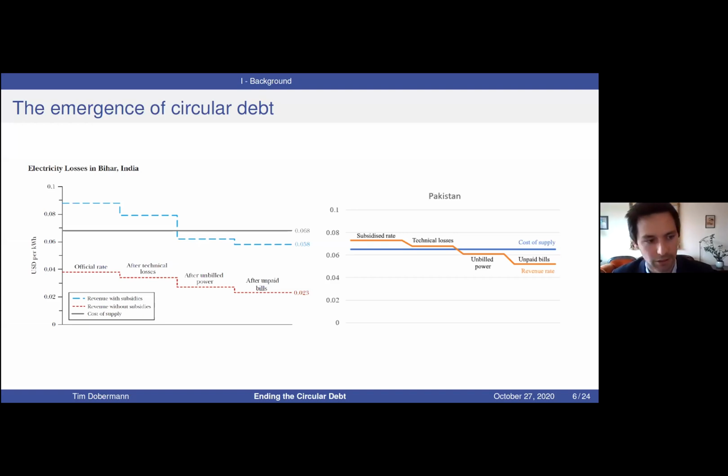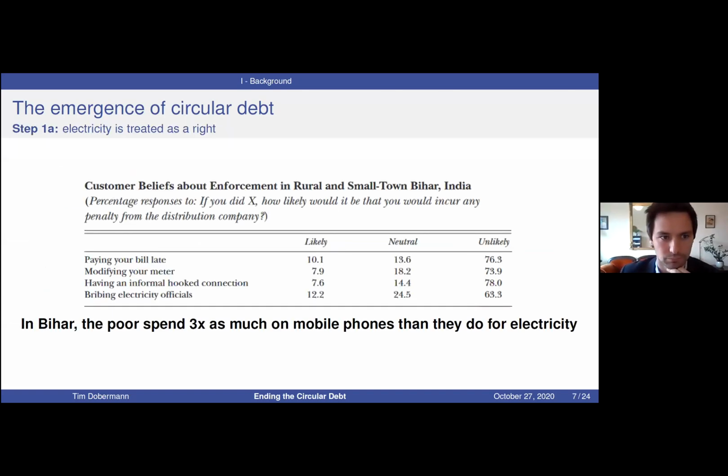In Pakistan, of course, there's a lot of issues around, historically, the ability for distribution companies to get subsidies paid on time, for instance. But I'm trying to really focus on the pure mechanics of this. And so we can develop an argument in four steps on how this circular debt, or an indebted distribution sector, emerges. The first step, and here it would actually be very interesting to hear the views of the participants,